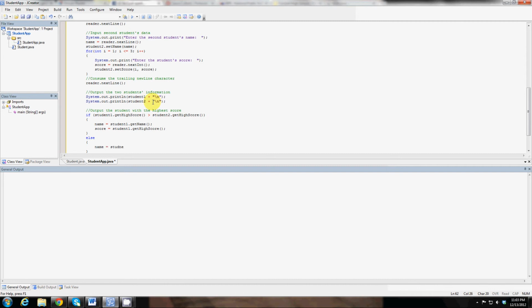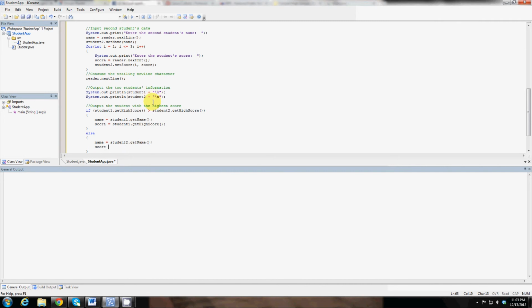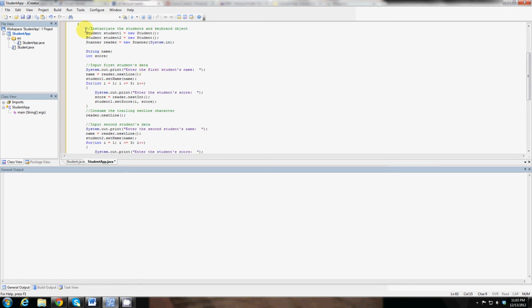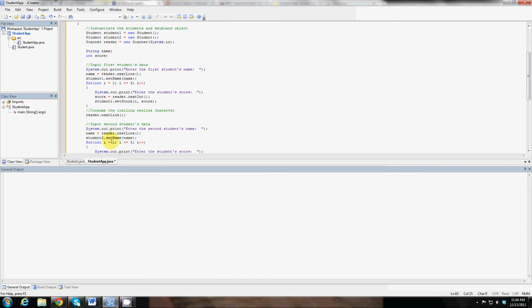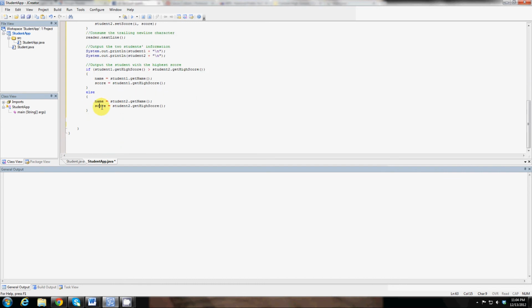And then if that's not true, what we'll do is we will transfer student 2's information into those variables. And it's important to remember that name and score are variables that are defined within student app. They are not variables that are defined within the student class. So just to make sure that we know what name and score are,